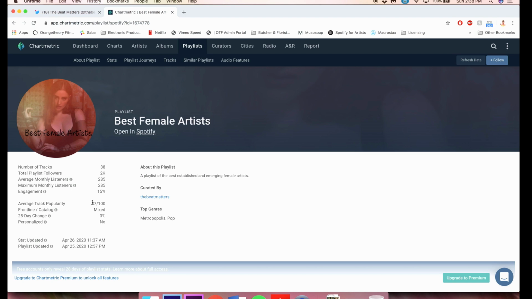Now when you're doing your research, and if you search in Chartmetric, you might find a lot popping up at 0, and that's because Spotify recently changed the way that it's showing information. So like I said earlier, it's not showing how many streams an artist is getting from a playlist, so Chartmetric isn't able to aggregate that information anymore.